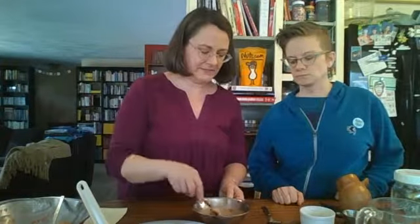This is totally up to you as far as how much. If you make this one time and you're like, that's not cinnamony enough, next time put more in. I doubled the batch of sugar to go inside. Yeah, full batch. And it was a little too liquidy, but it was delicious. Oh, you doubled the oil. That's what it was. Anyway, what I was gonna say about adjusting flavors, one thing I like to do sometimes is